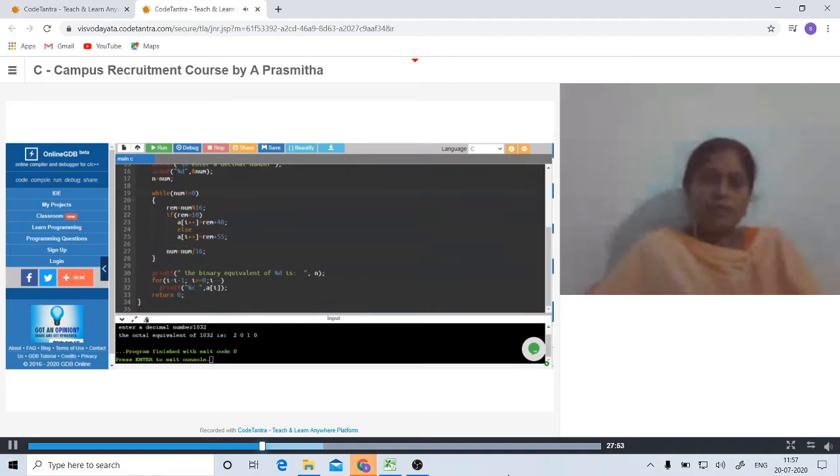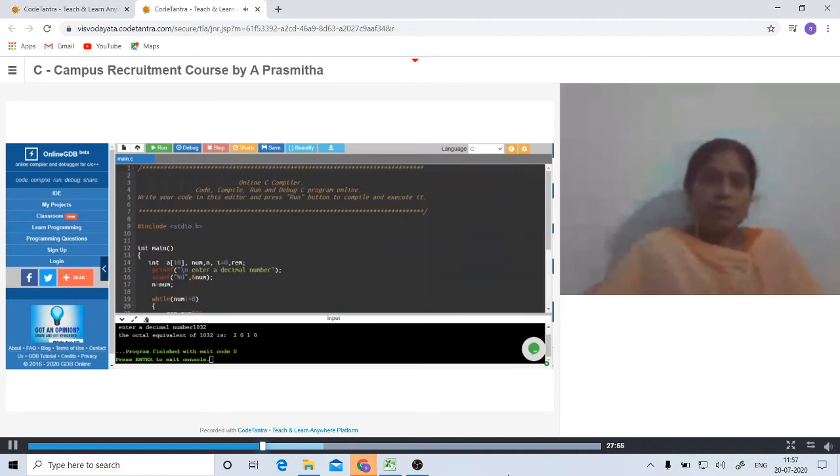In this program what we did was we took array, number, I, remainder. So the decimal number we are storing in NUM. The same thing I am storing in N also for final printing.